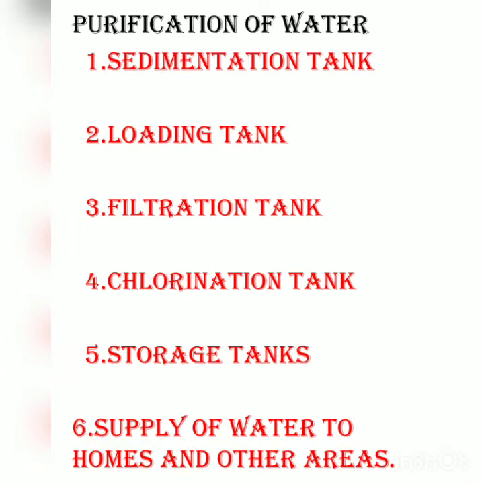The next step is the filtration tank. The water is then passed through the filtration tank. This tank has 3 layers. The first layer is of sand, the second layer is of coarse sand, and the third layer is of gravel, that is very small tiny stone particles present at the bottom. The layers of sand and gravel act as filters here. When the water passes through the layers of sand and gravel, the smallest suspended particles also get removed from the water. Now this clear water passes into the chlorination tank.